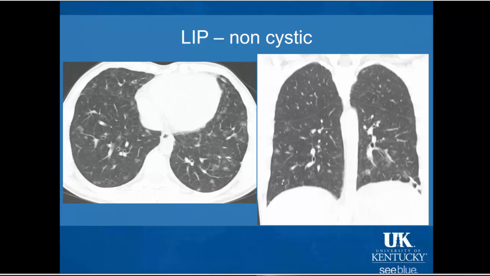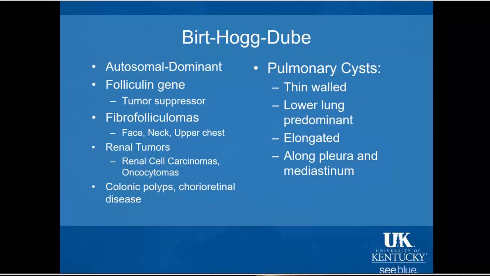Now remember, not all cases of LIP are cystic, and the ones that are not cystic tend, at least in my experience, to not show cysts at all, and instead you see this sort of ground glass abnormality. I just want to remind us that not all LIP is cystic like that, even though, at least in my experience, the majority is. So that brings us into some fairly rare diseases at this point, one of which is referred to as